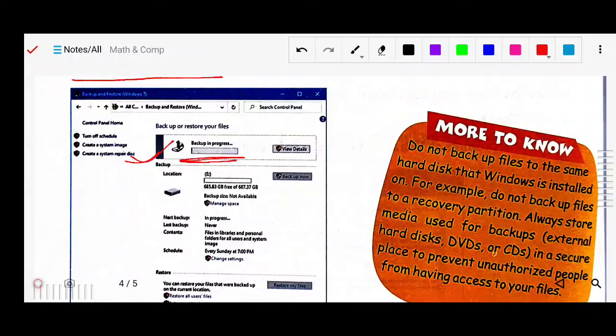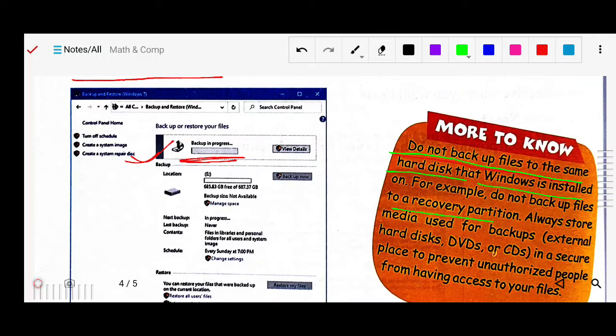Do not back up files on the same hard disk where Windows is installed. As I mentioned, where your Windows, meaning your operating system, is installed, in that particular drive you don't back up. For example, do not back up your file recovery partition.